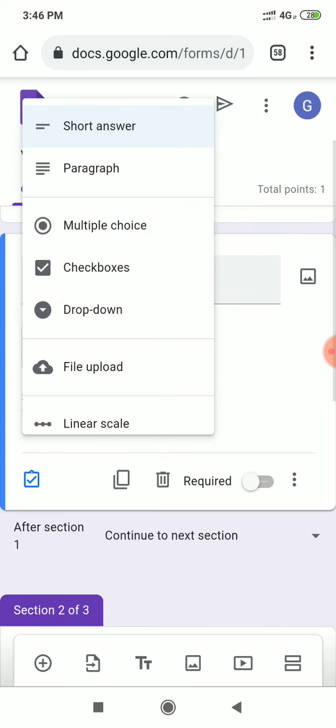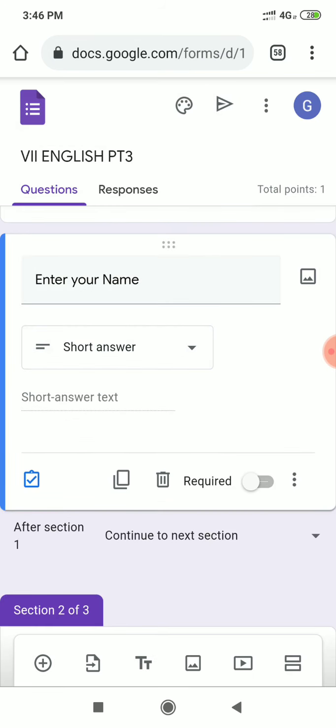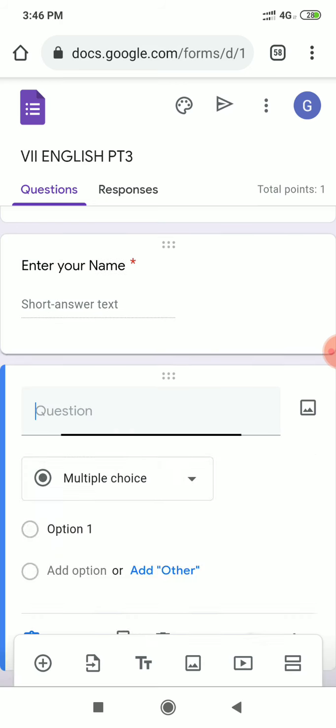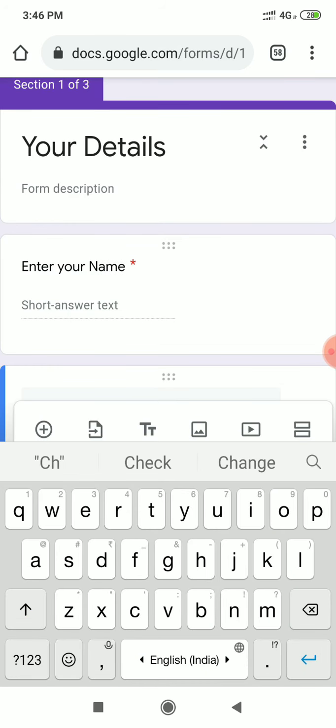And I will make it a short answer where student will write the name. And also I will make it a required one so that students do not skip writing his name. And since it is just for taking the name of the student, we will not give any marks to this question. Now we will add one more question over here and then we will write choose your class.